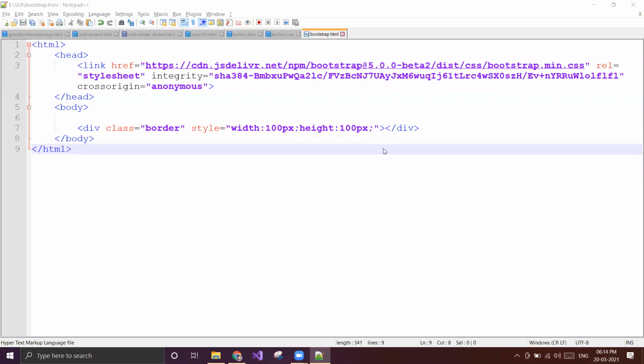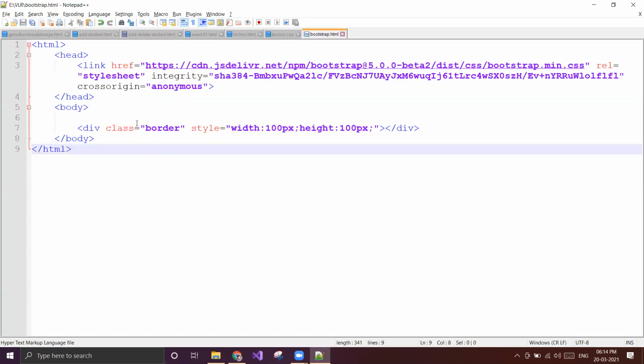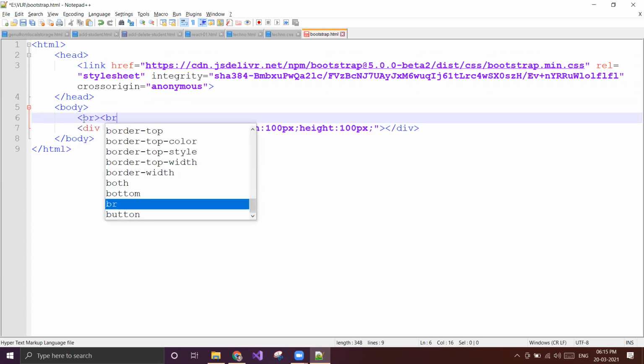So what will happen if I only apply class equal to border? Can you see this? There is a border, a light gray color border is there. Can you see it? The whole border is there.